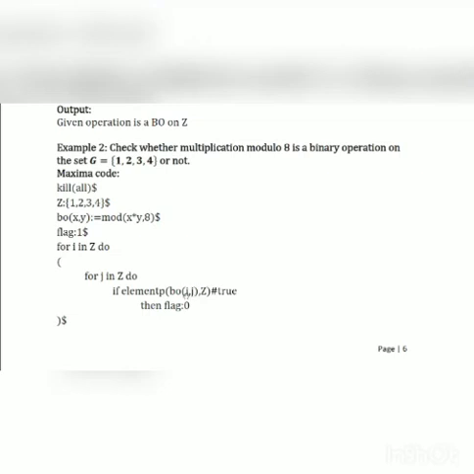BO of I comma j, that is 2 comma 3. 2 into 3 is 6, which is less than 8. And 6 comma Z, the element predicate checks whether 6 is in Z or not. 6 is not in Z. Therefore, the element predicate is not true. If this comes, then the flag will take 0. So your flag has become 0.